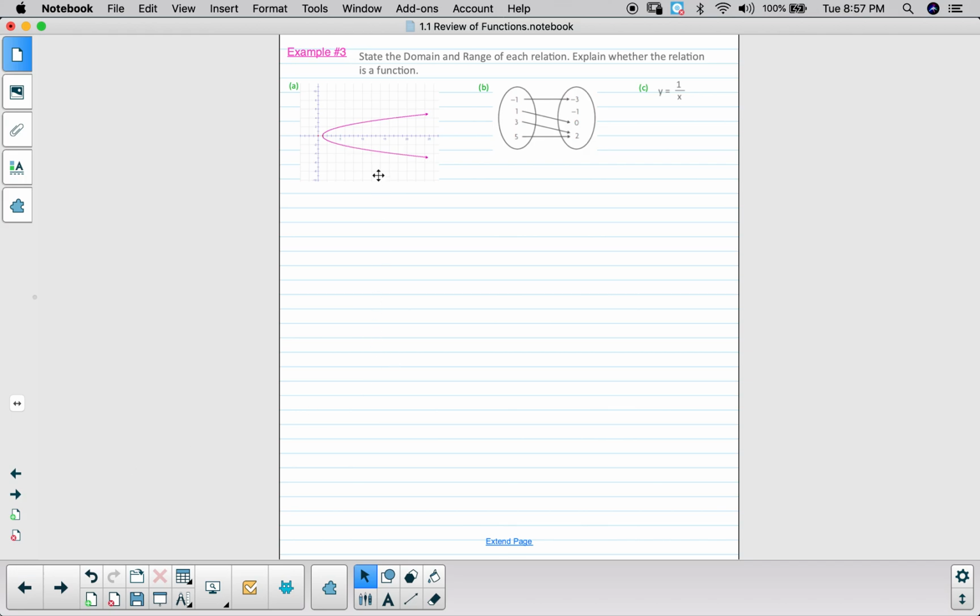Let's just look at these three examples. Let's try the first one. You're given a graph and you're asked to find or state the domain and range of each relation and explain whether the relation is a function. So if you look over here,